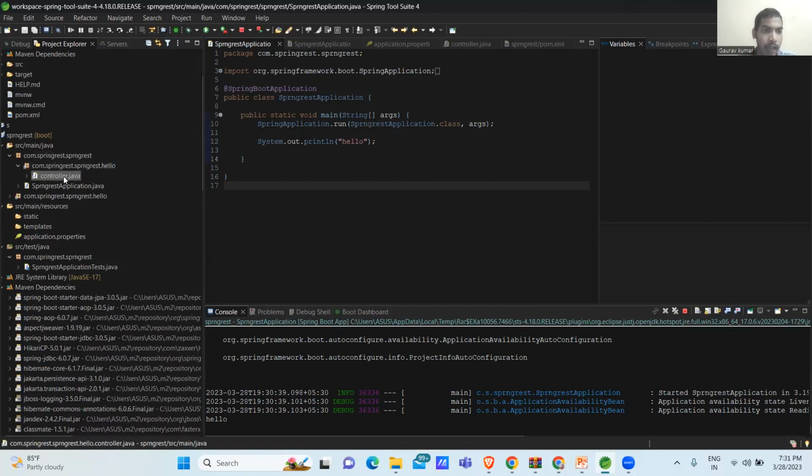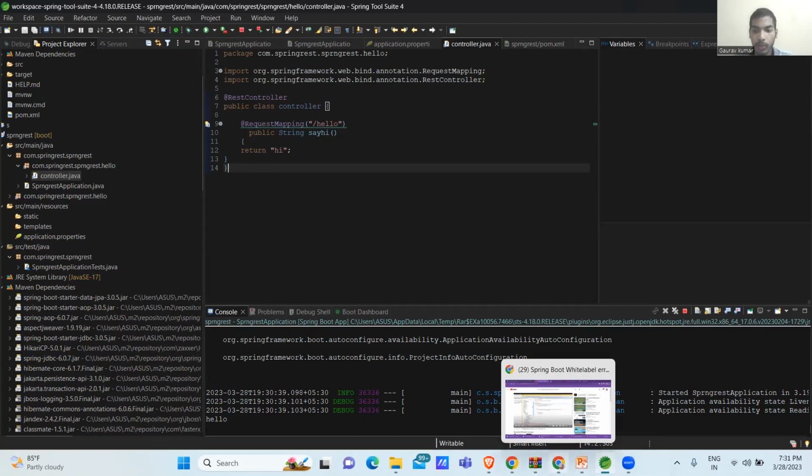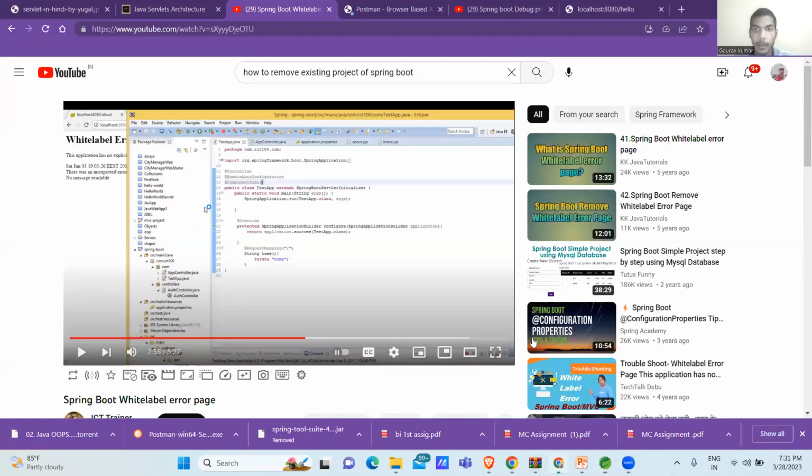I can show this. Yeah, here is my controller. So the controller acts as a link between my Spring application and that localhost, to connect that thing. The controller is in this package. So I will just do one thing. I have already put my controller in this package, so I will just go to my local